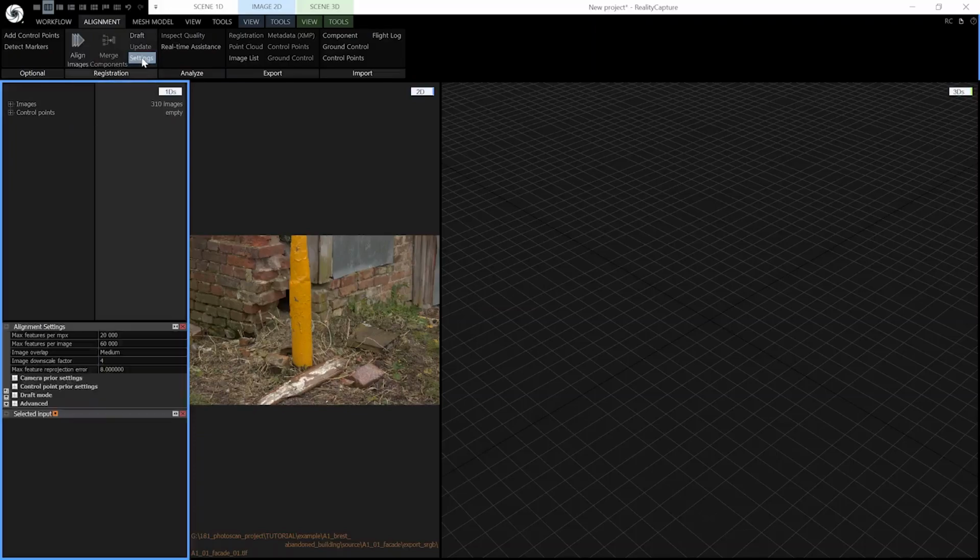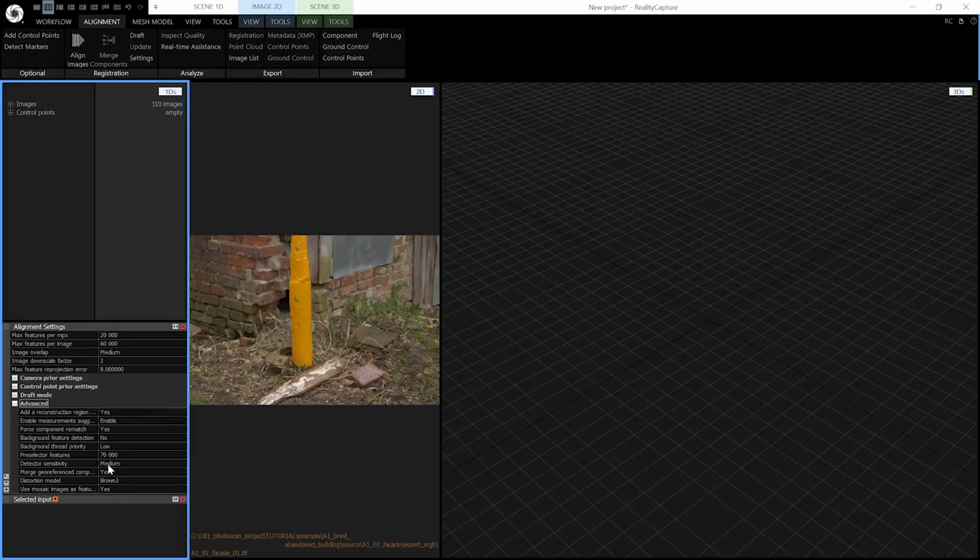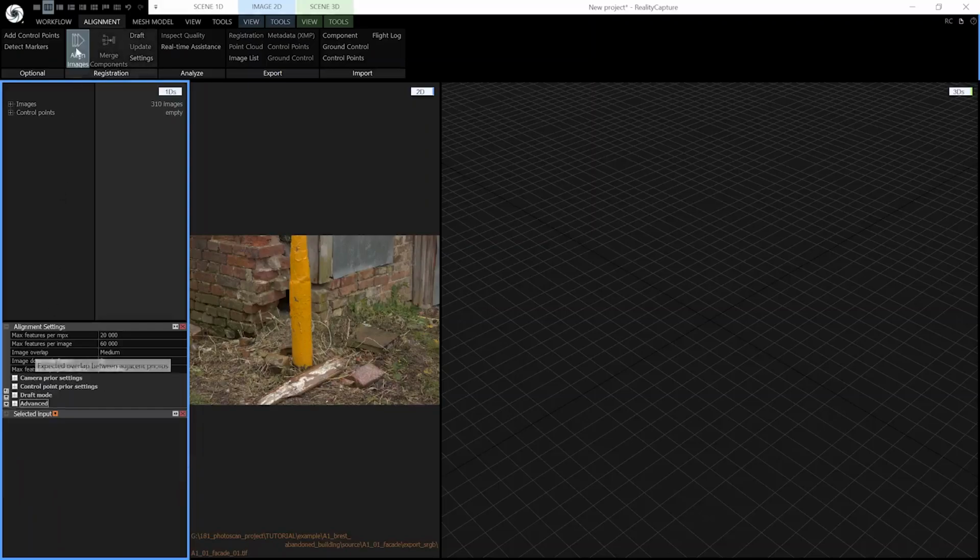Now let's visit the alignment settings really quickly and set the image downscale factor to 2. It could be slightly counterintuitive that higher values create lower resolution results. Think of this number as a multiple by which the application reduces the resolution of the source photos. 2 times smaller than the original, 3 times smaller, so on and so forth. We don't need to downscale the image too much in RealityCapture because we have already downscaled it in Darktable though. The detector sensitivity, I would keep it at its default setting, which is medium, and everything else as well